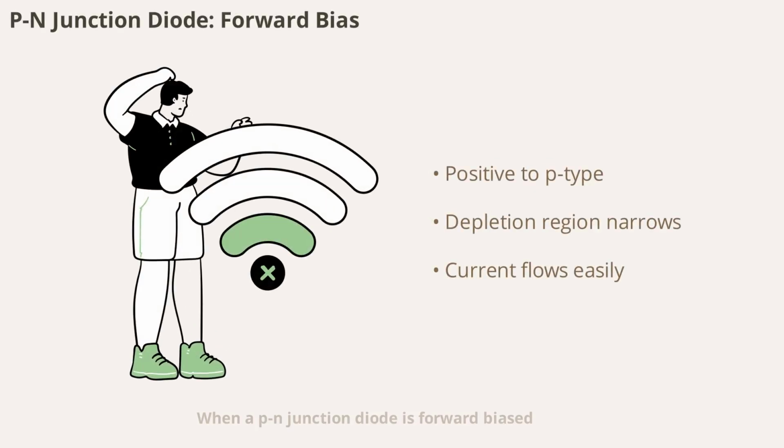When a p-n junction diode is forward biased, the positive terminal of a battery is connected to the p-type side and the negative terminal to the n-type side. This reduces the width of the depletion region and lowers the barrier potential, allowing current to flow easily through the diode. Forward biasing is essential for the diode's conducting state, enabling it to act as a one-way valve for electric